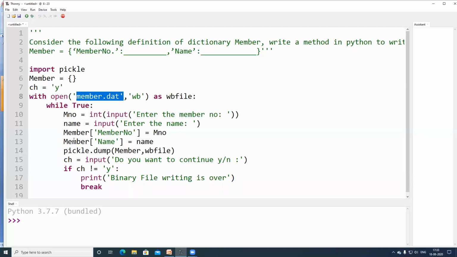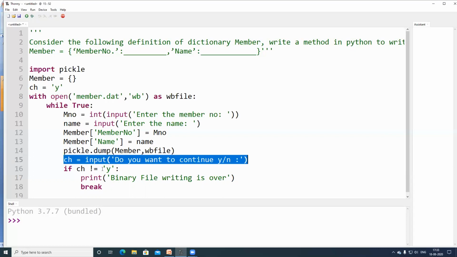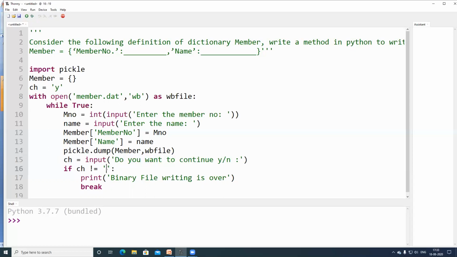First time it accepts the input, then I am trying to get the choice from the user until the choice is not equal to y. If I am giving y, let us see what happens. Let us run this program. Not y, I am giving it as no, not equal to n.